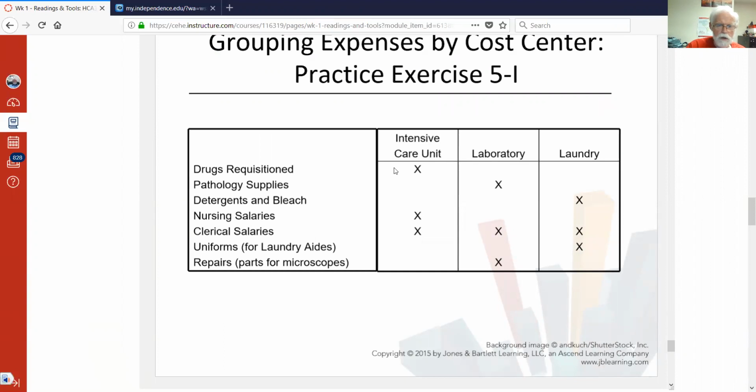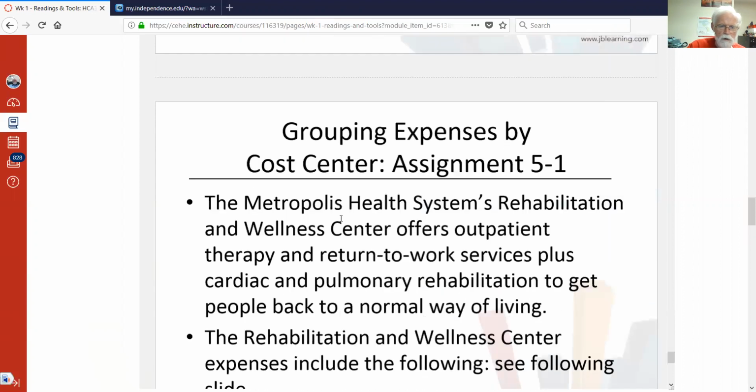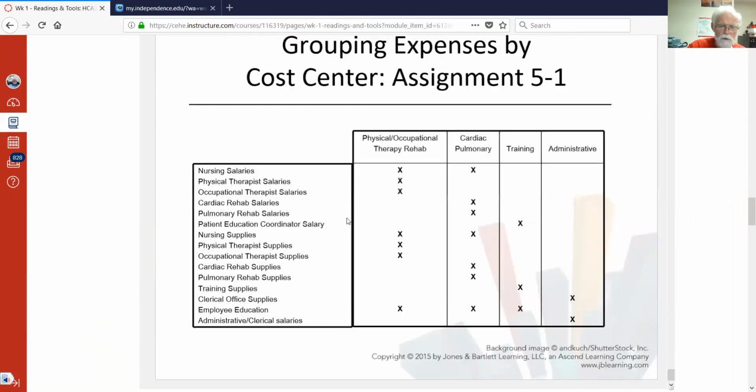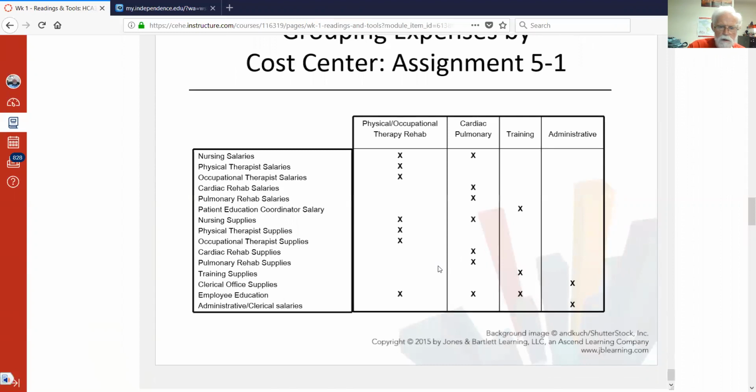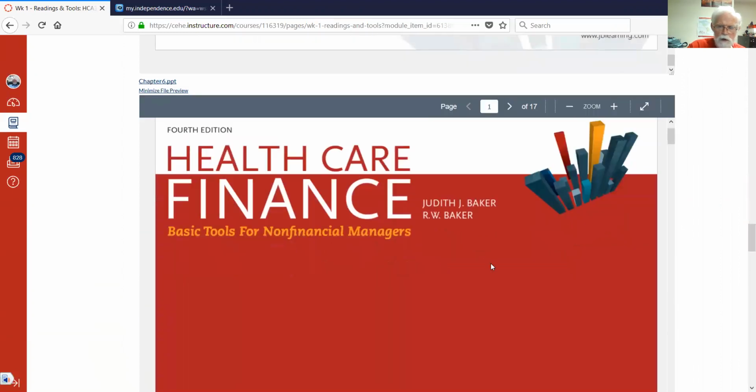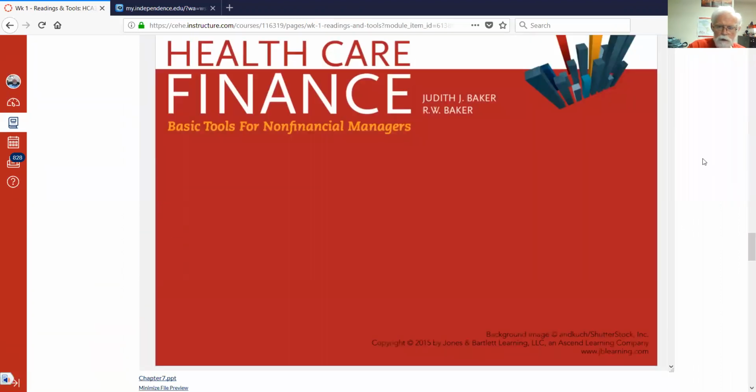So in the intensive care unit, there are a number of things that are needed: drugs, salaries, etc. The lab may look at supplies and salaries. Note that salaries are common. Uniforms, repairs are all there as well. So if we take a look at some of these, now we can move on to